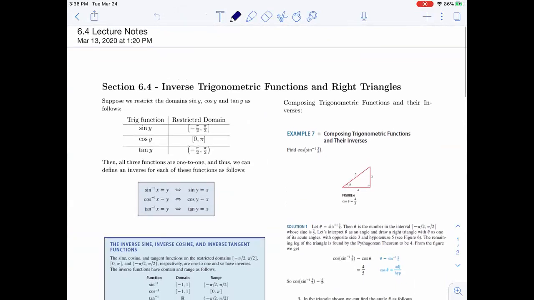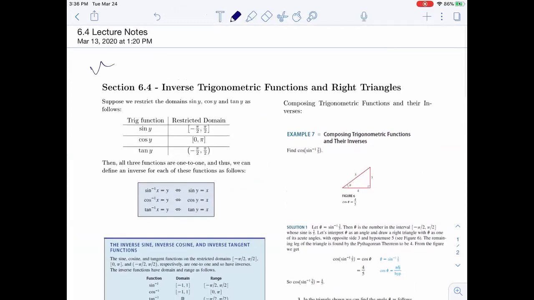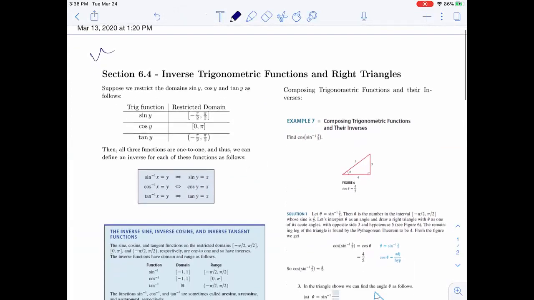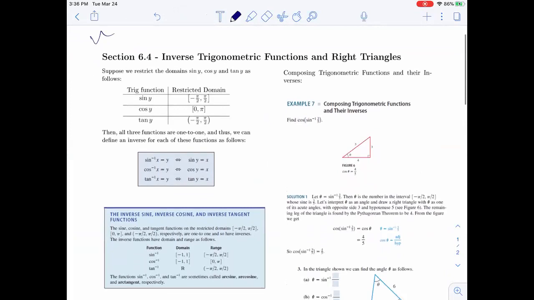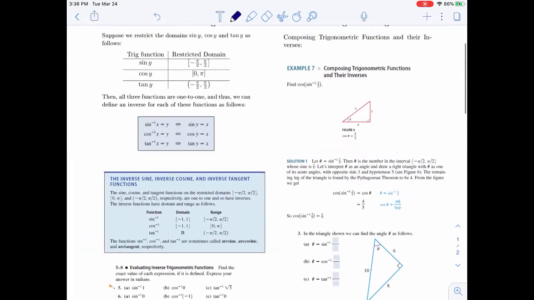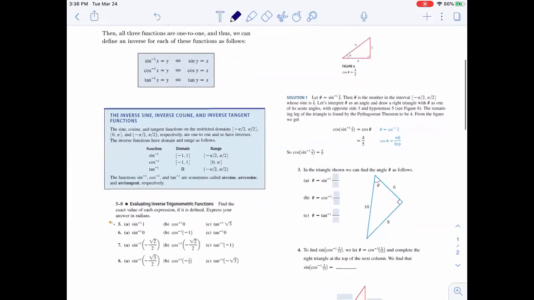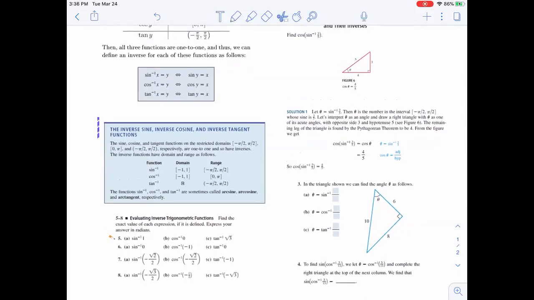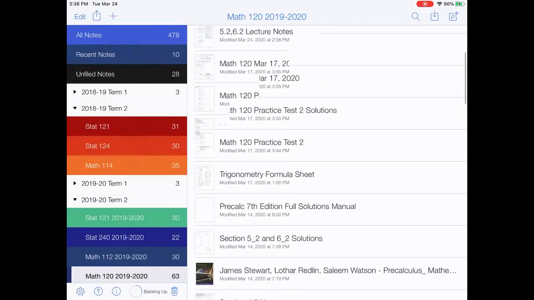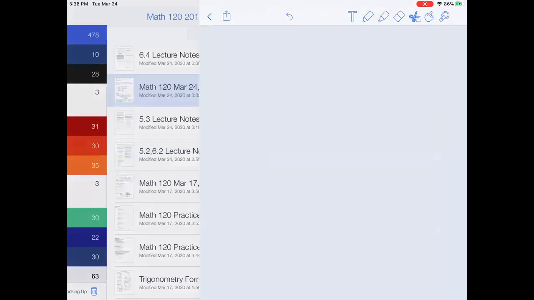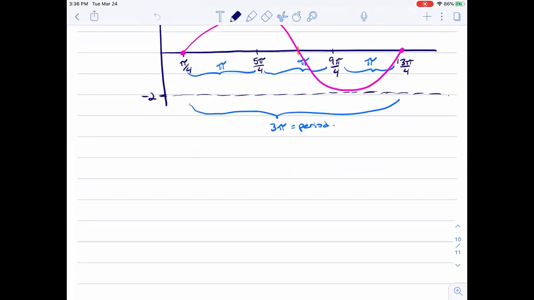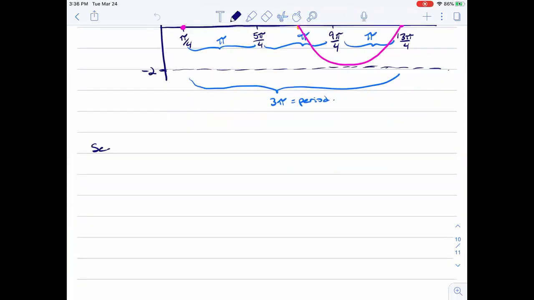All right. Let me just make a little mark here. So inverse functions. Some key things that we didn't really talk about last day are things like the domain of an inverse function. So from section 6.4,